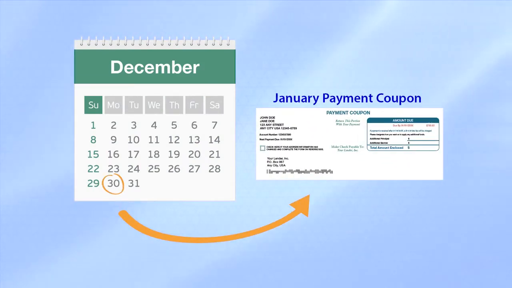Let's assume on December 30th, you made your January mortgage payment for the next calendar year. Since the payment was actually made in December and accrued interest in December, it will be reported on that year's